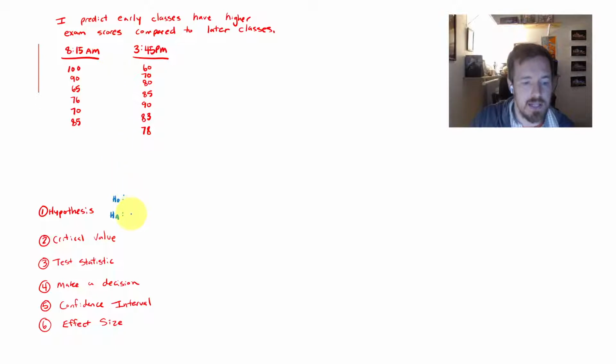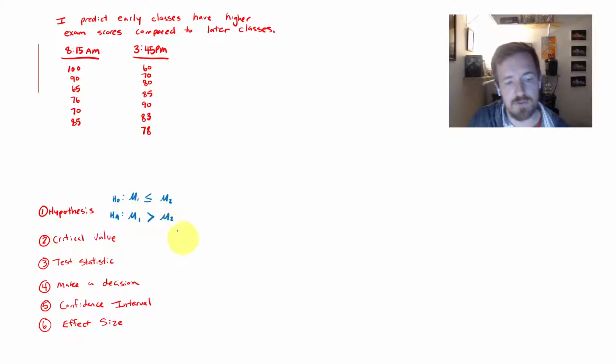And so I'm going to go ahead and write out the mean 1, mean 2, mean 1 up here, and mean 2 over here. And what I'm seeing is that group 1, the early class, is going to be greater than the second class, and the opposite of that for the null is just going to be less than or equal to. So again, I started out with the alternative hypothesis. I established that I'm predicting these values to have larger values, and that makes it greater than, and then I'm just doing whatever the opposite is for the null hypothesis, which is less than or equal to. Alright, we're already done.